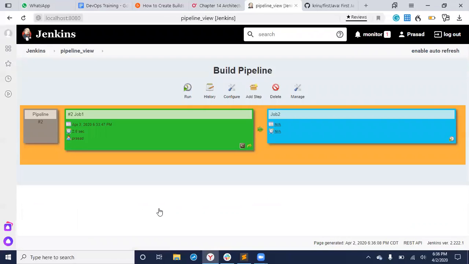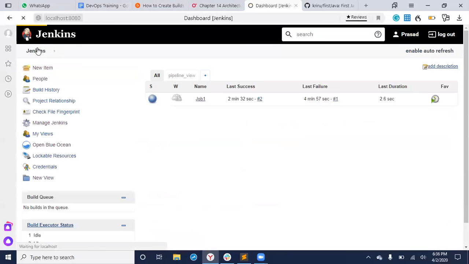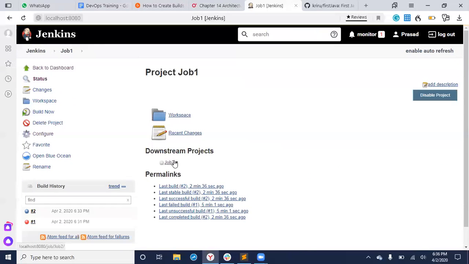You see here, it's giving a pipeline view, like a pipeline. So what we will do now, we'll run job1. This will automatically run job2 as well. Yeah, it has run, 636.